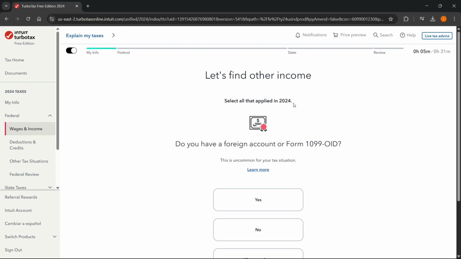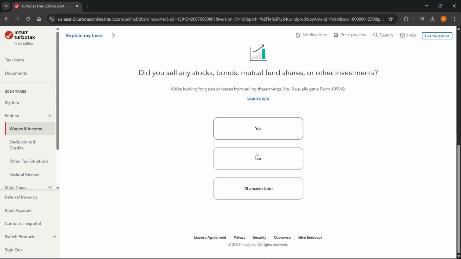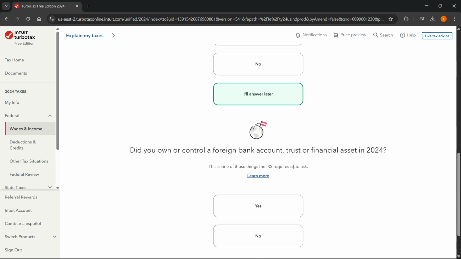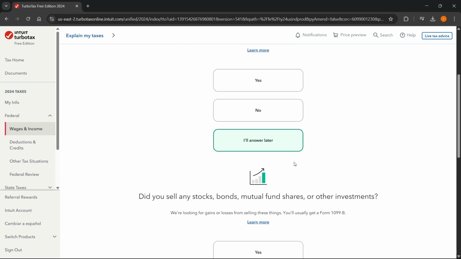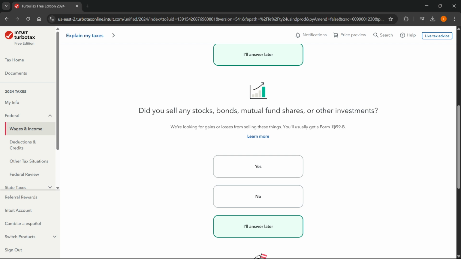So it's going to ask you a bunch of things. Just basically put in your info, and then over here, it will ask you a bunch of different questions. You just want to answer them or answer them later if you want to, like this, okay? So once you've done that, and once you've put in all your info, you will then get either a Form